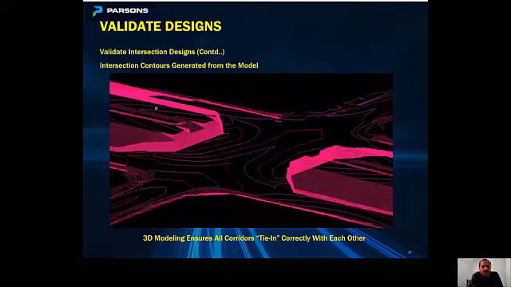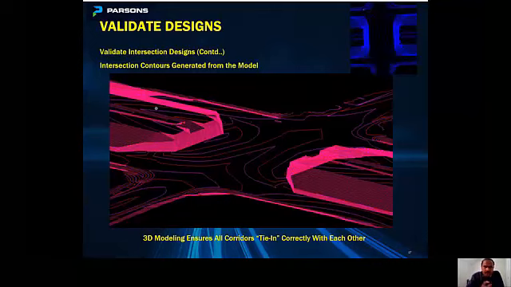The contours are extremely important to verify and check that the intersection design worked out well. As you can see in this top picture with the dark blue contours, during our modeling QC, sometimes some of the 3D features and 3D break lines might not get triangulated correctly in the terrain model, and they would produce incorrect contours.